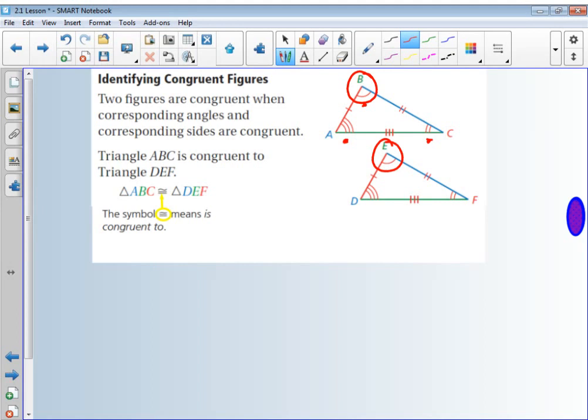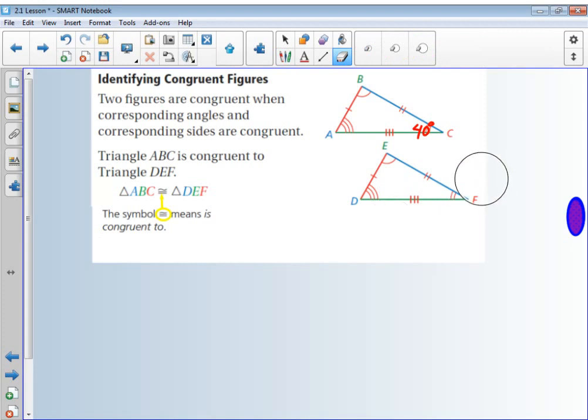If I knew that B was 85 degrees, then E would also have to be 85 degrees because they are congruent or copies of each other. F and C are marked in the same type of markings. So if I knew that, say, angle C was 40 degrees, then angle F would have to be 40 degrees because they have the same markings. Okay, then you can see that D and A are also marked the same, which means they are equal in